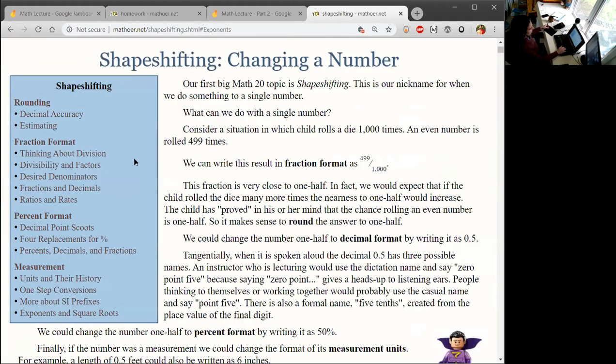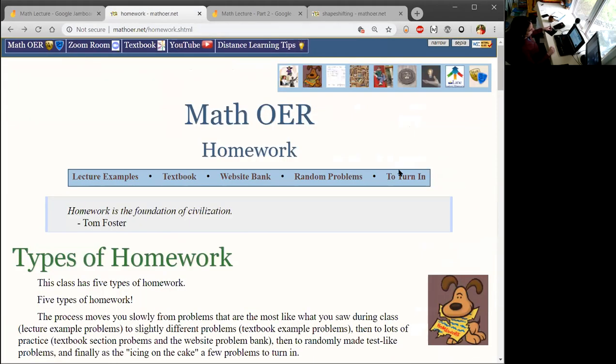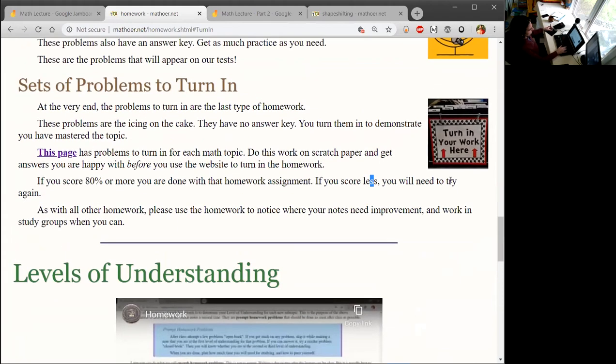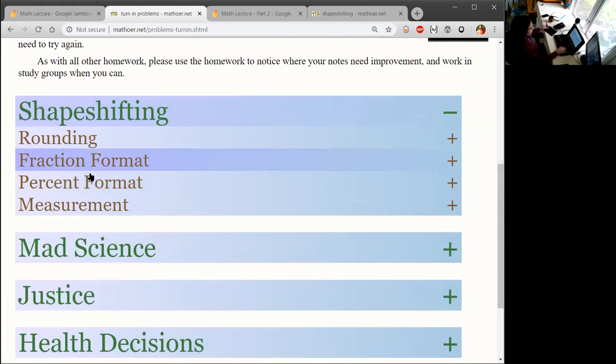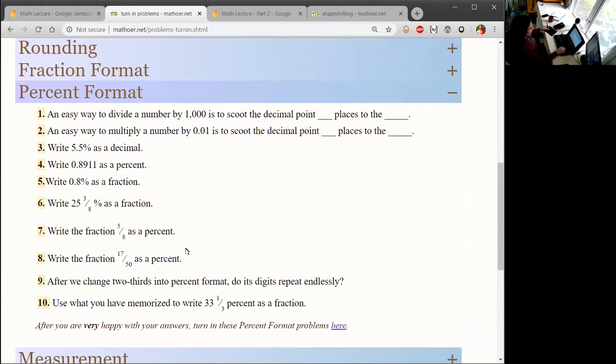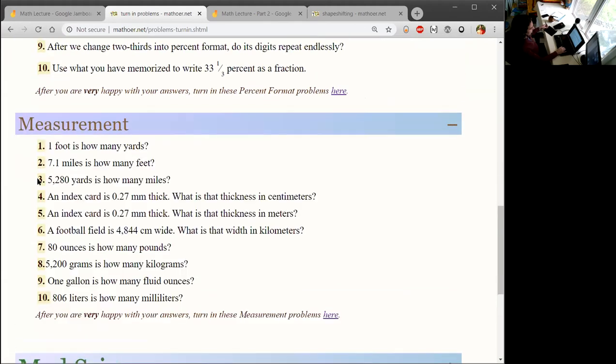Oops, that's what I'm trying to look at. Or should I make another? We look at the turn-in homework for different things, see if anything makes you panic. Percent we looked at last time. Measurement,